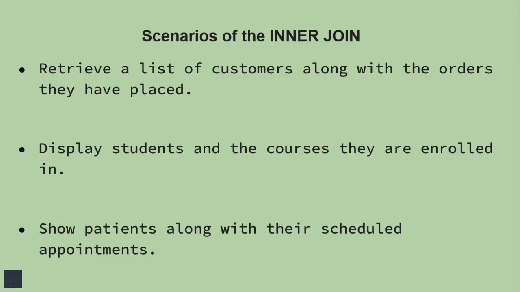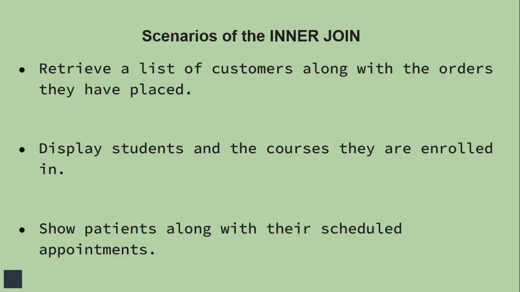When we need to retrieve related data from multiple tables in a database, one of the most powerful tools we have at our disposal is joins. The inner join is often the most straightforward type of join for most people to understand because it only retrieves the rows where there is a match between tables. Today, you'll learn how to use inner joins effectively, and by the end, you will find them clearer and more